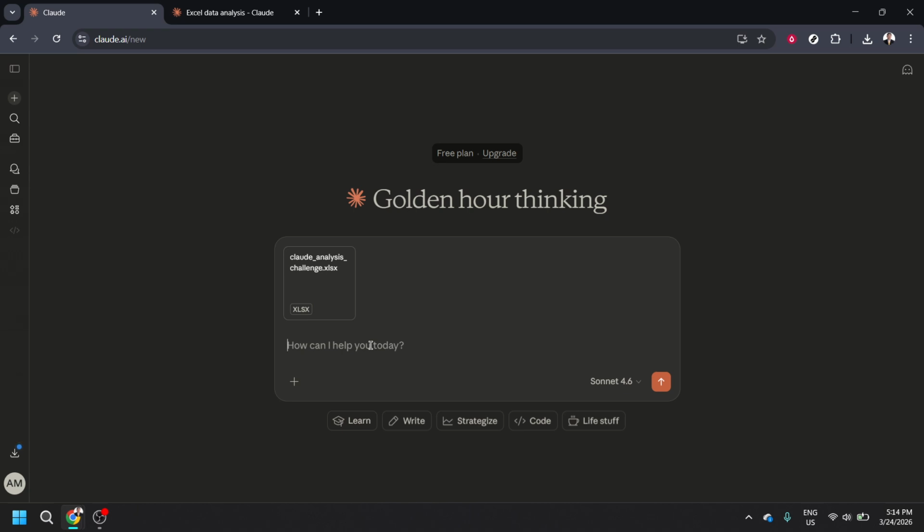Next, write your prompt. You can keep it simple by typing, "Analyze this Excel," and Claude will attempt a general overview. For clearer, more relevant results, briefly describe what you want. Mention the goal of your analysis, the sheet name if there are several, and any columns or time ranges that are important. For example, you might say you want a summary of sales by month, highlight top-performing categories, or identify